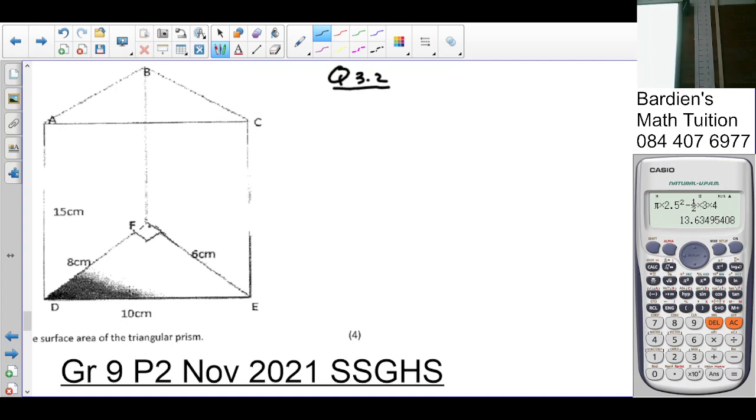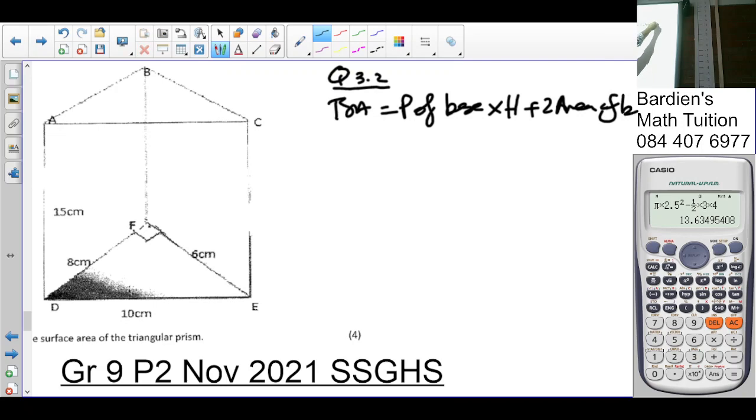How do you calculate the surface area? The total surface area is the perimeter of the base times height plus twice the area of the base. Okay, so the perimeter of the base, you see there's a triangular base here. So the perimeter is going to be the sum of those sides. In other words, it's going to be 8 plus 6 plus 10 times the depth of the object, which is 15